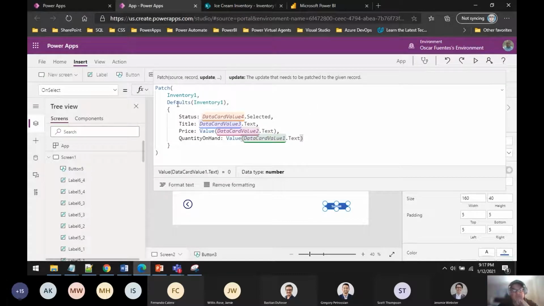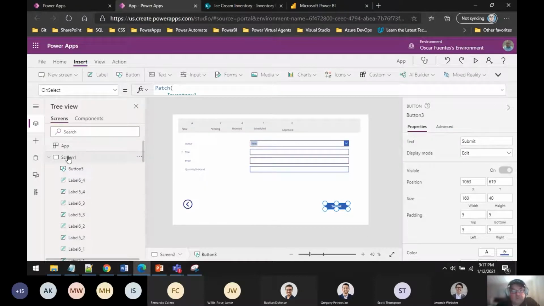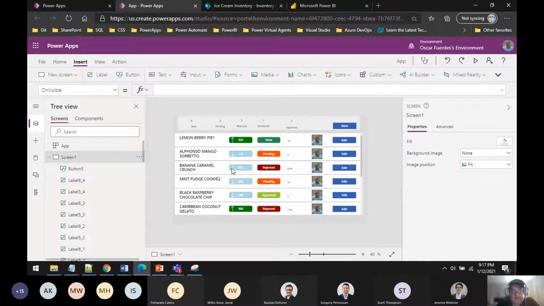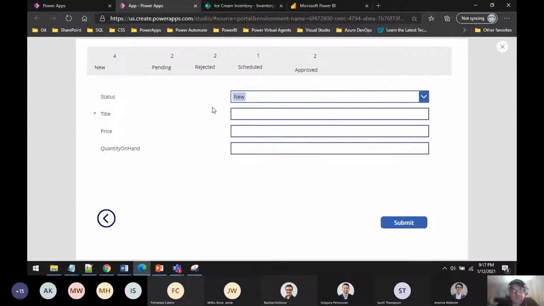And now we got, so the difference between the update and the submit is the update, we are updating it within the gallery, and the default is creating a new item into the gallery. So now that we got that, we could go ahead and test it. So basically, what we can do is we'll create a new one, and we'll select new, apple pie. We'll call it $3, and we'll put the inventory as 200. So once you submit,